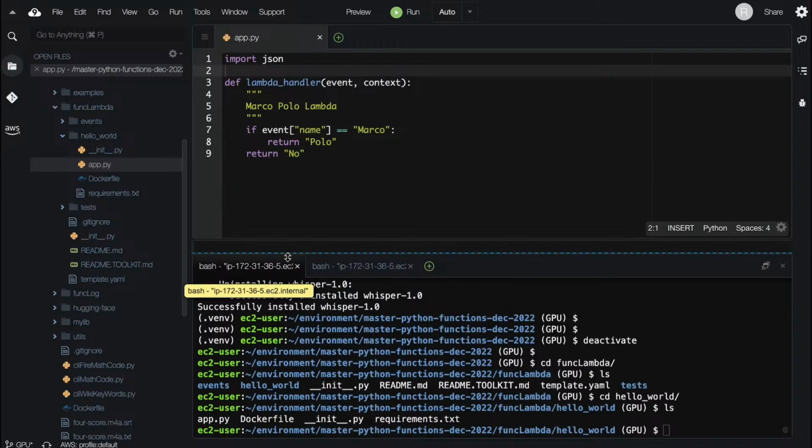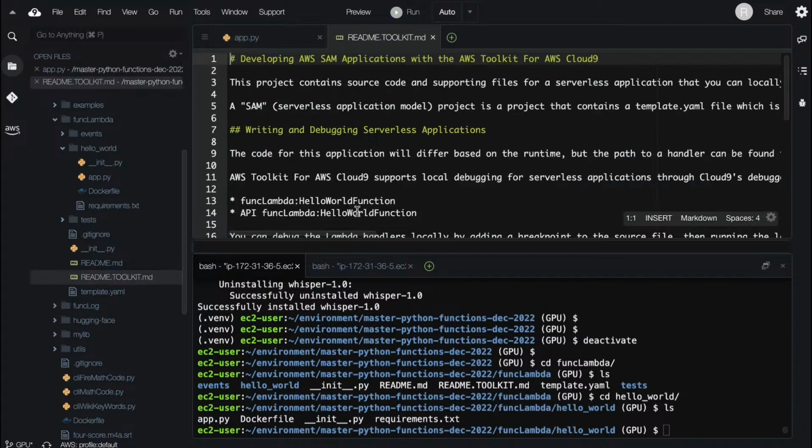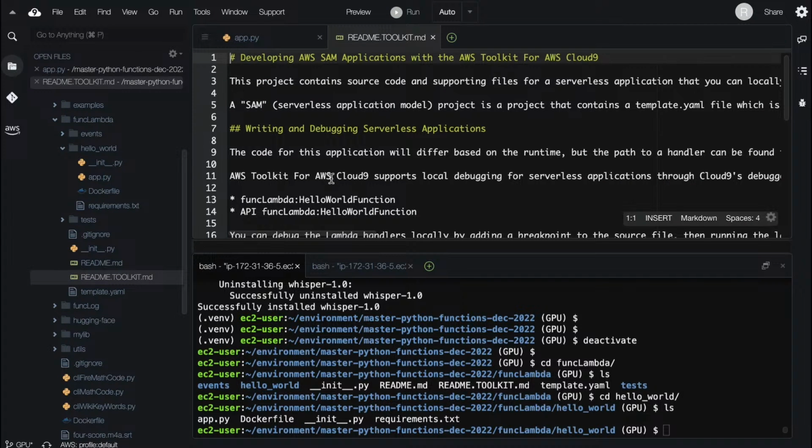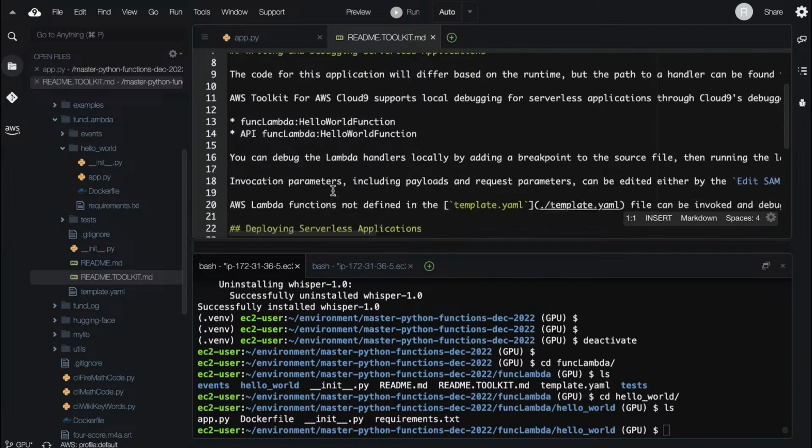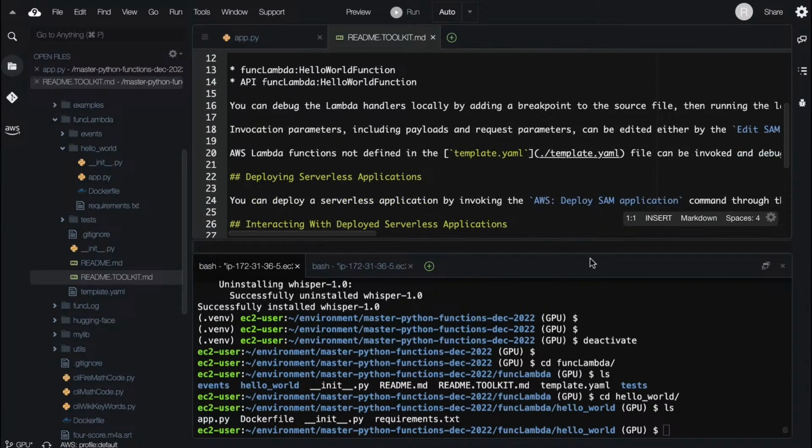And so the guide that they're going to tell me is we can do this. It says this project contains source code, blah blah blah. The code for this will differ based on the runtime. Now I guess I could actually activate my virtual environment, because I don't think that it's going to hurt me to activate it.